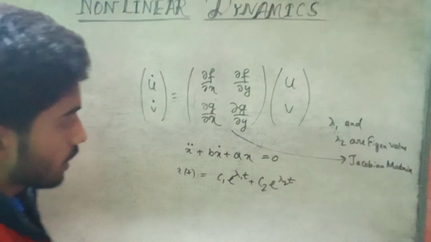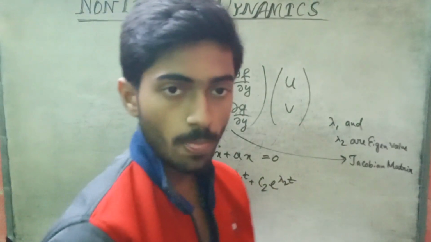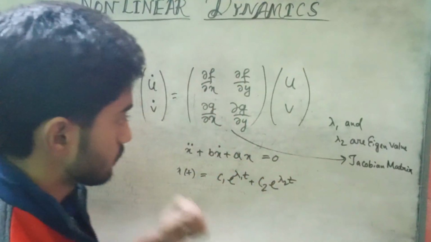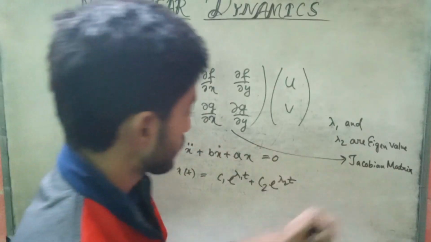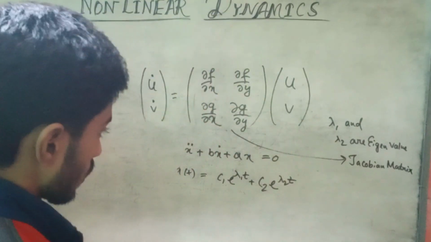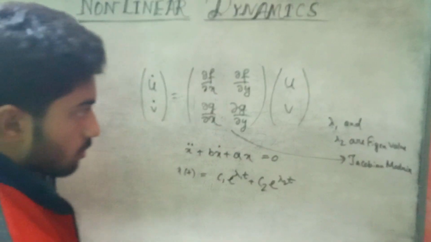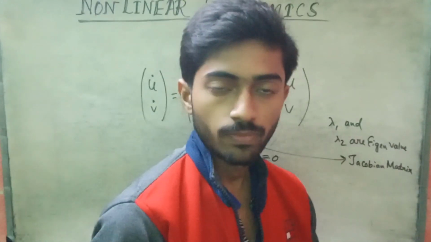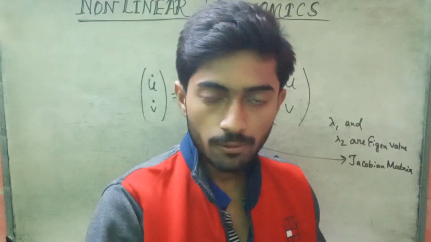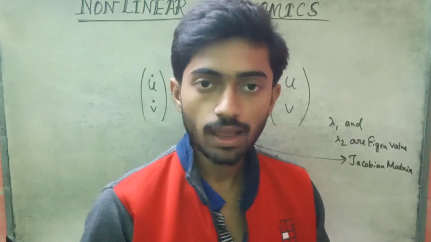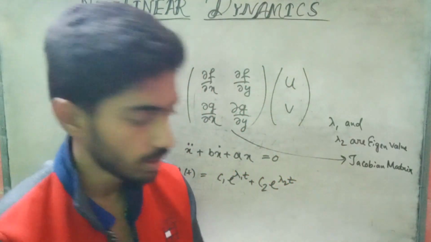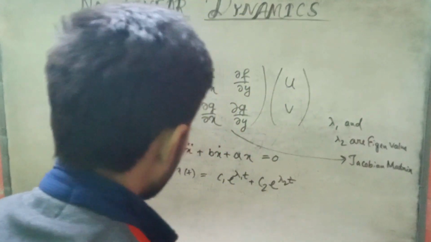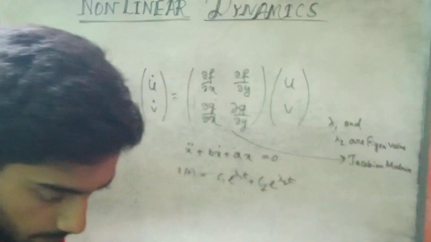So what are lambda 1 and lambda 2? Lambda 1 and lambda 2 are two eigenvalues of this Jacobian matrix, right? So from the nature of these eigenvalues, we can say whether the fixed point is stable, unstable, or saddle, whatever it is, right? So let's consider the first case where